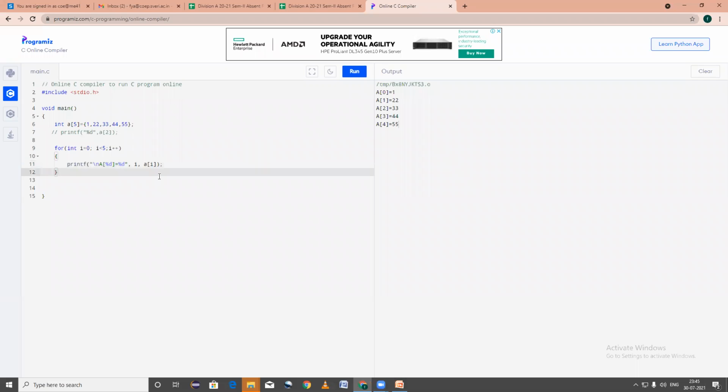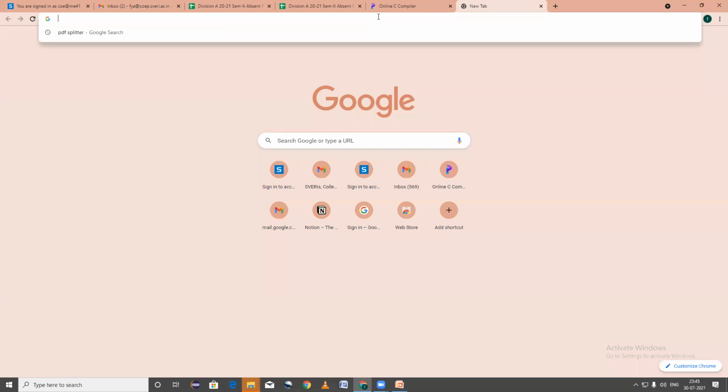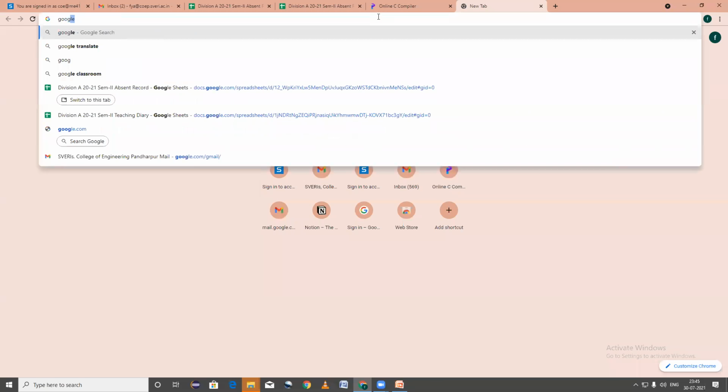Okay, now check. There are some compilers, as we have seen. As of now, how many bytes does an integer need to store a value? 2 bytes.